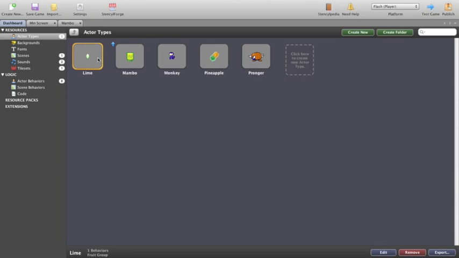So we need to make sure that when a line strikes a monkey, or when a line goes off screen, the computer itself stops tracking that line, because it will continue to track it until you tell the computer that that line is no longer required. So it's exceptionally important that we do this, otherwise if you have a long extended game, then the line itself will